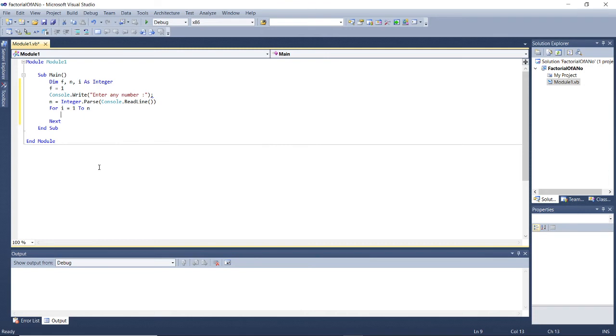When you press enter, automatically there is a next for this for. Now what will happen at this next? Just as in C++ we place curly braces for a loop, at the end, at the closing curly brace, the statement given in the for loop like I++ will be executed. Here in the for loop, by default the value of I is incremented by 1 at this next statement. And as all of you know, here there is only one statement, that is f is equal to f into I.